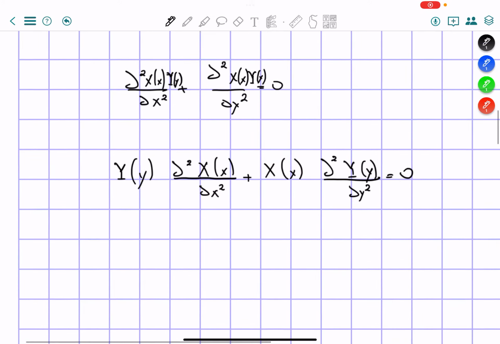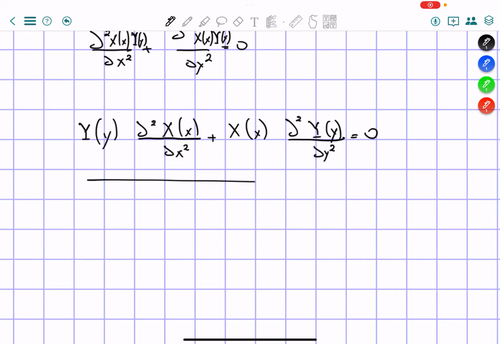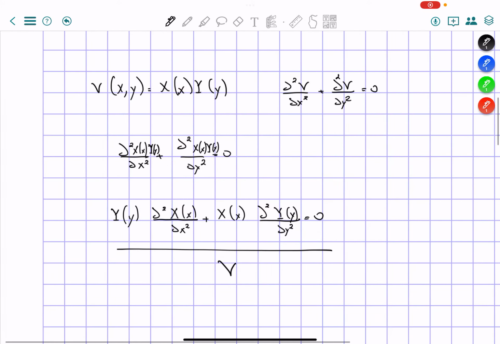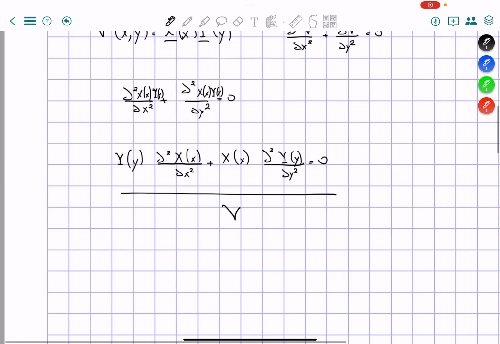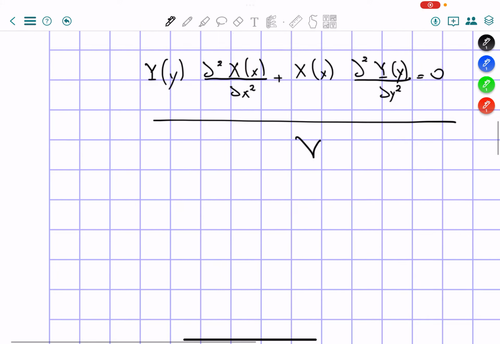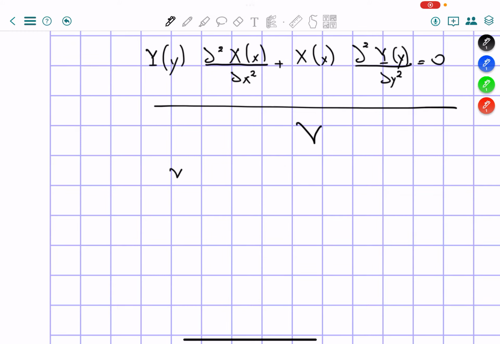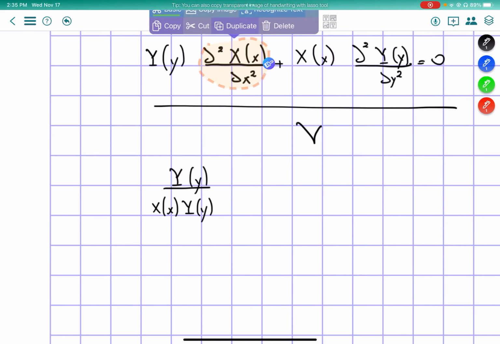Now, what we do is simply divide both sides by v. I said that v is equal to x times y. So the first part divided by x times y is going to be capital Y in terms of y divided by y, capital X in terms of x divided by x. And then we're going to keep this one, it's the same,